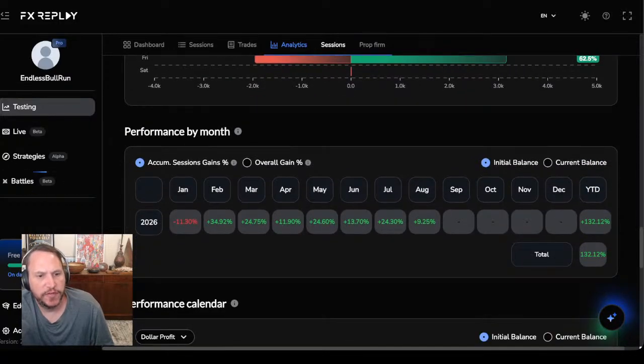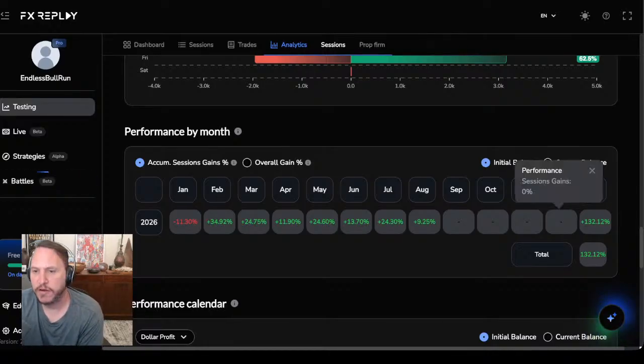But so, yeah, we started off the month of January. We were down 10%. Then February, we came roaring back. Made 30%, 24, 11, 24, 13, 24. Imagine 30%, 10% return every month compounding. 130, oh, this actually calculated it right here. 132% return rate on this so far. This year, I mean. One trade a day, max.